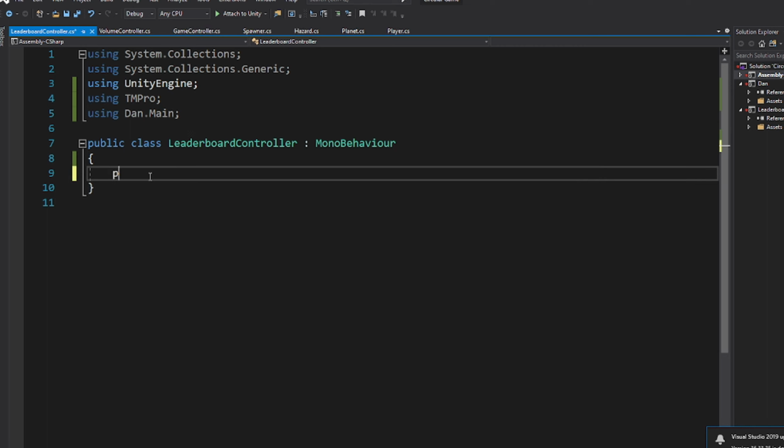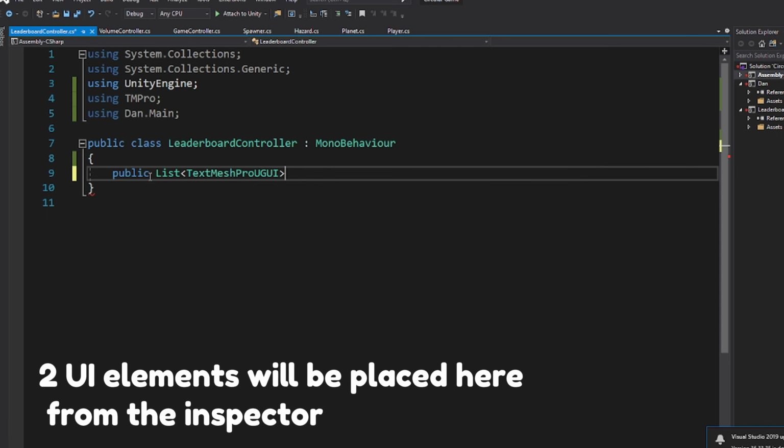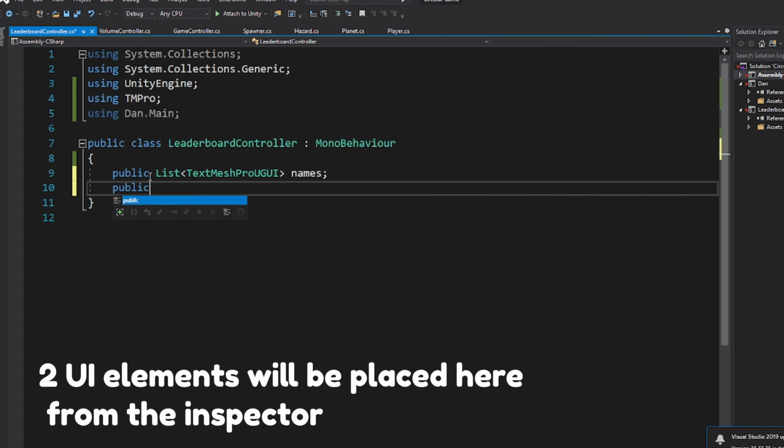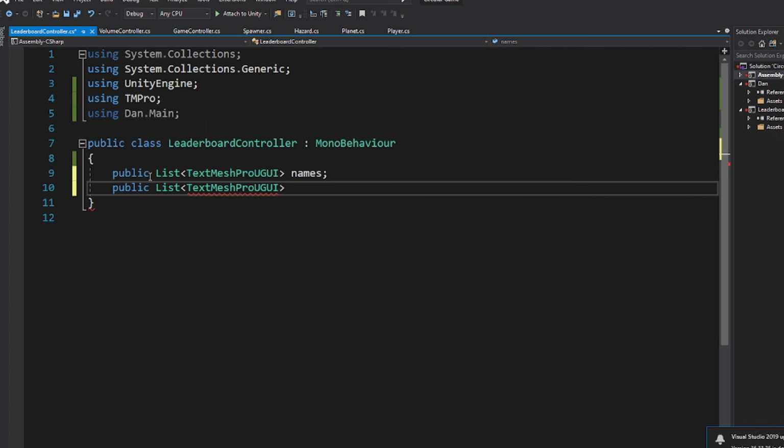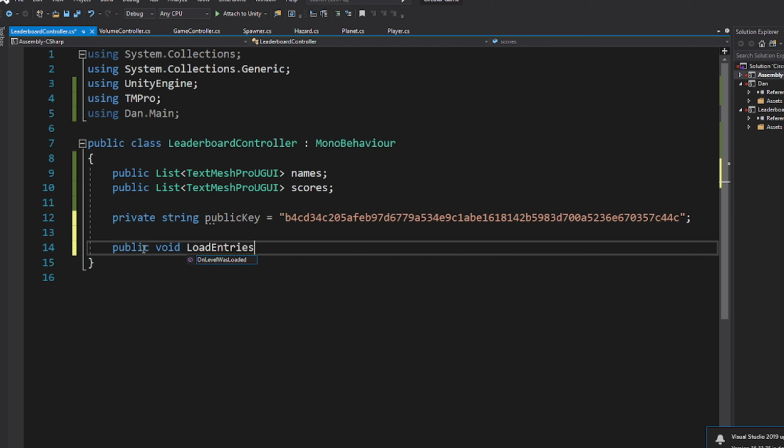You will need two public lists, both containing TextMeshPro objects. The first is a list of TextMeshPro objects, we will need the names. Then another list of TextMeshPro, this will be the scores. What you will need are two easy methods. So let's create LoadEntries